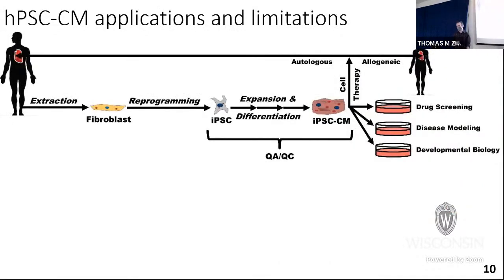So, the overall applications and limitations of this technology so far. I've already mentioned the cell-based therapy approach, which can actually be bifurcated into autologous cell-based therapy, wherein you have a donor, the one from which you originally derived the cells. You can take your cells, either a fibroblast, which is a skin cell, or a blood draw. You can then reprogram this into a pluripotent cell state and then differentiate it into a cardiomyocyte.